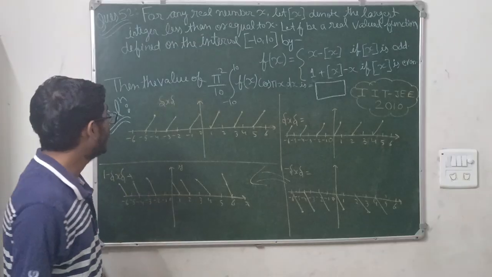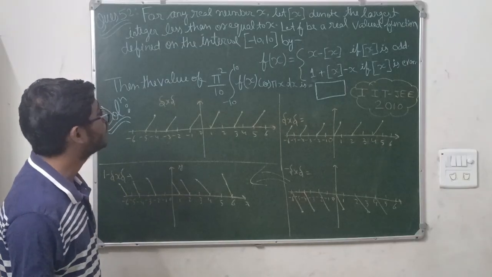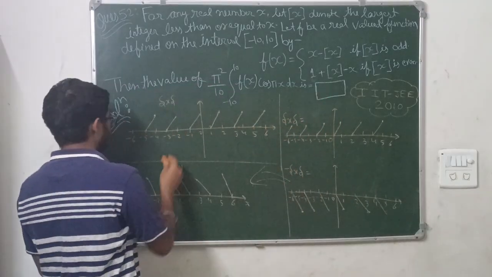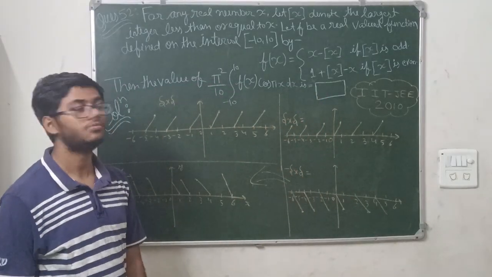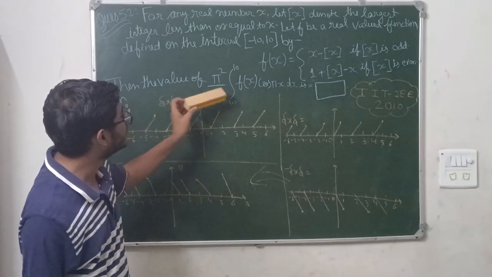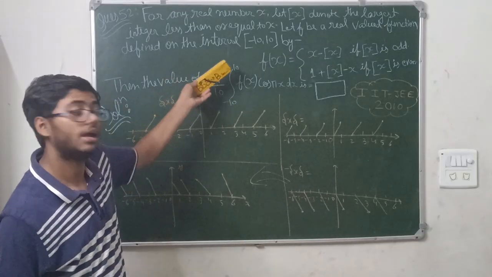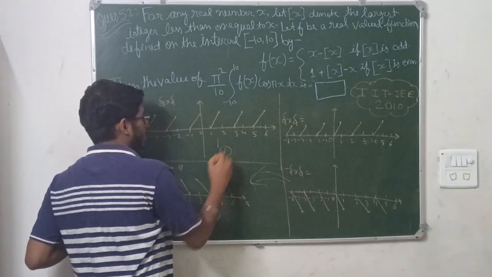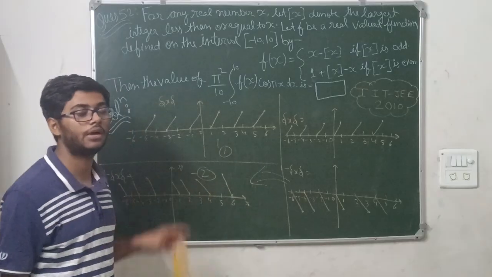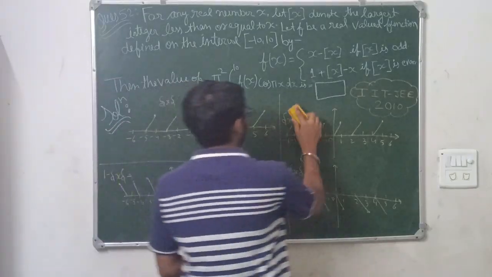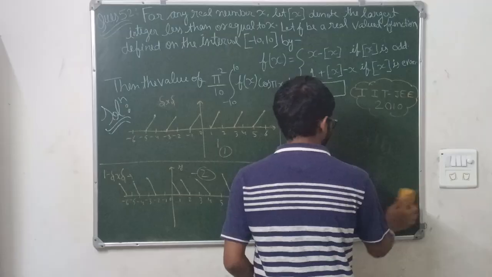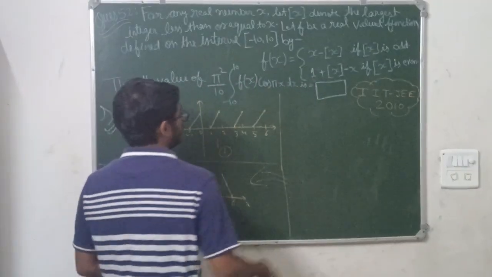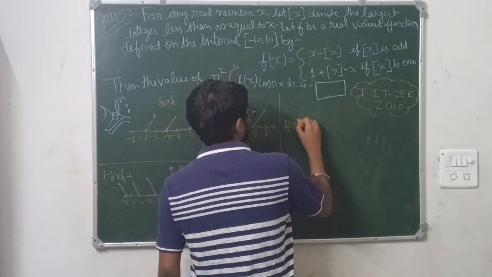This is the graph. Now what you have to do? You have to find the graph. So you will add these two functions, because this is what it's saying: integration from minus 10 to 10 of fx. So for fx, you need to combine the graph. This is graph number 1 and this is graph number 2. You need to combine both the graphs to get the function fx. So combining these two graphs, you will get the final fx graph. What will the graph of fx look like? See, fx will look like this.